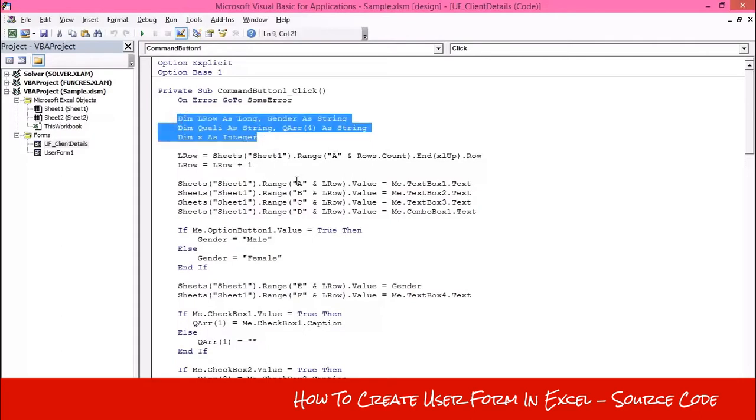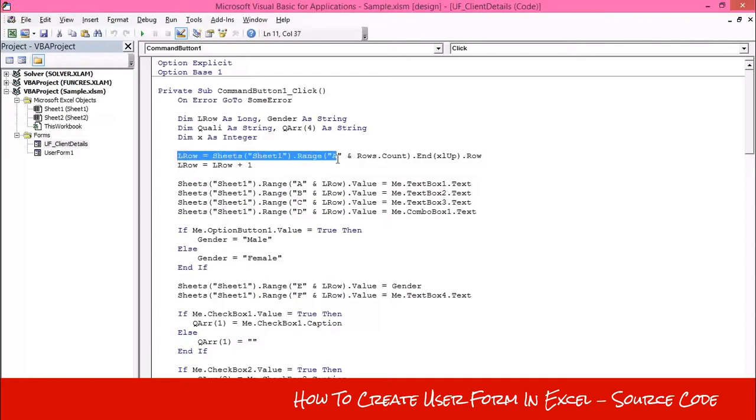These 3 lines will create some variables which will be used in this program, and this line will get the last used row from Sheet1 and store it into the lrow variable, and this line will increase the lrow number by 1. So by this line, the lrow variable will be the last available row of Sheet1,